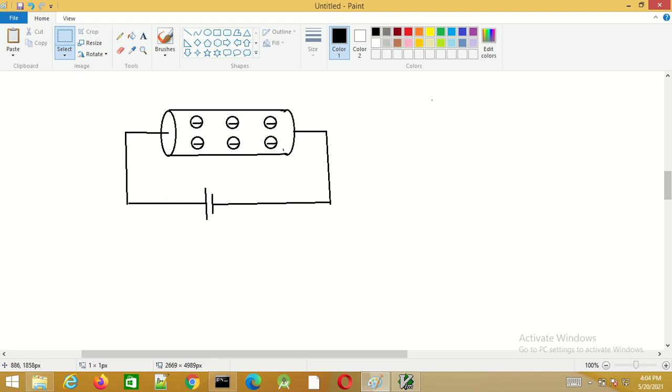Let us consider a conductor which is connected to a source of EMF. Let's say this voltage here is V, and the length of the conductor is L, and we'll assume that the cross section of the conductor is uniform, so it is given by S. So we'll assume that this conductor has uniform cross section.